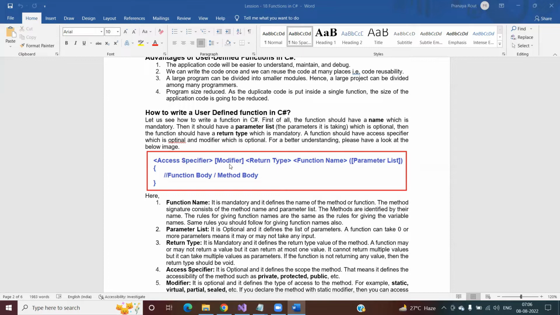We have discussed that these are two different things. Don't think that access specifier and modifier are the same. Access specifier is basically to provide the accessibility: who can access your method, right? The examples are public, private, protected, internal, and protected internal, right? And modifier means how you can access the method, right? If you are declaring the method as static,